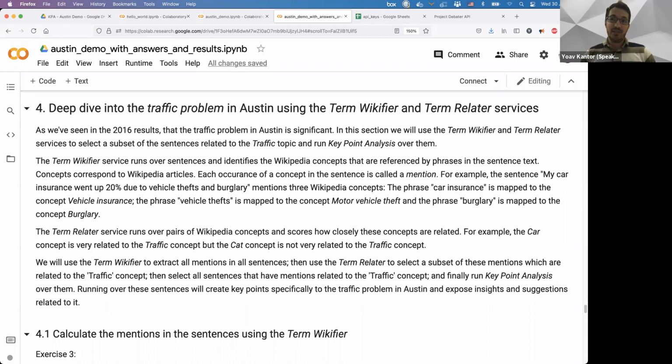Which other languages? I guess you mean languages, not programming languages. Currently it only supports English, but say you have data in Portuguese, you can use a translator into English, use key point analysis on the translated sentences, and then map them back to the Portuguese data.